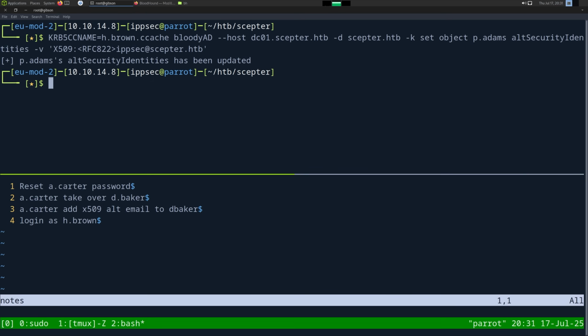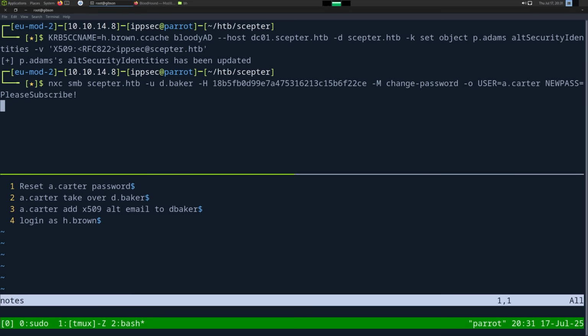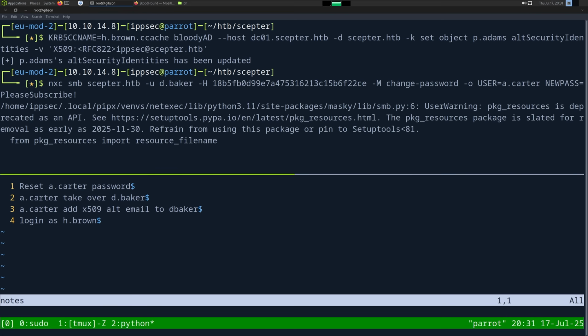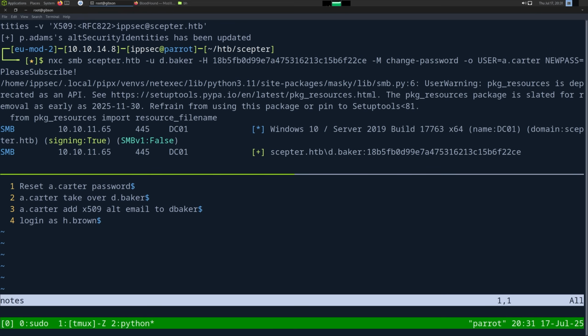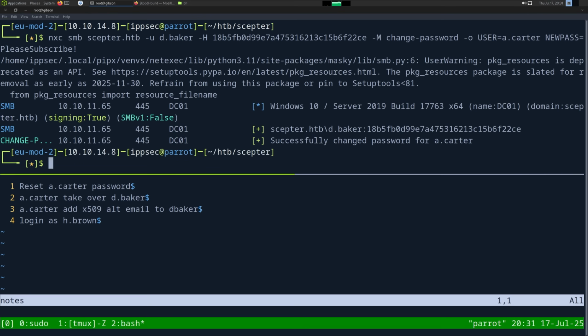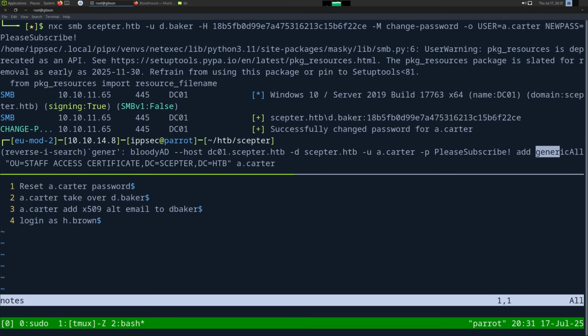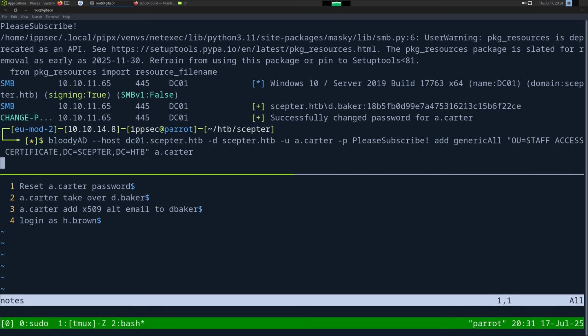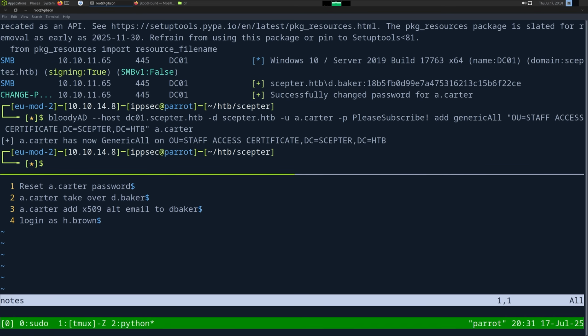So if we go to vnotes, we want to use that netexec to change the password. And then after we change the password, we're going to want to add the GenericAll. I'm using Control-R and then typing things I typed before to reverse search my history, right? So we added GenericAll. Then the next thing we want to do is